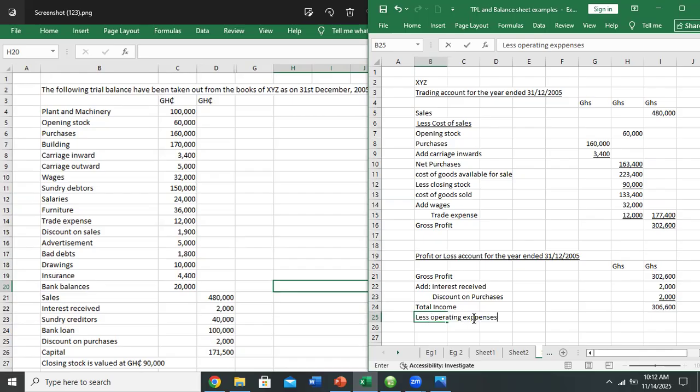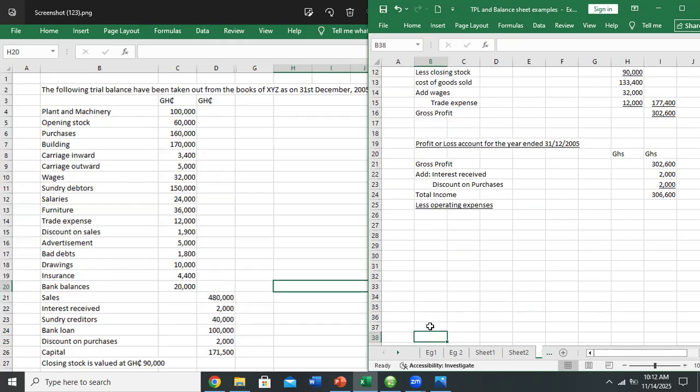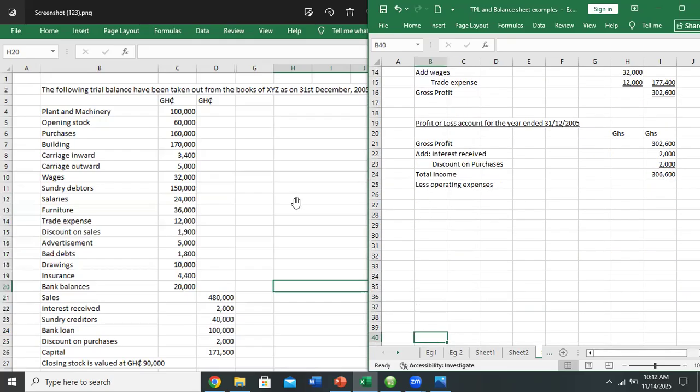So in the profit and loss account, when you add the other income to the gross profit, you go and look for your expenses and you less all of them. Like I just indicated, your expenses are on the debit side with your assets. So be able to fish out your expenses. And professors, I think we'll do that in the second session. So let's rejoin the second session and we will continue from there by picking our expenses.